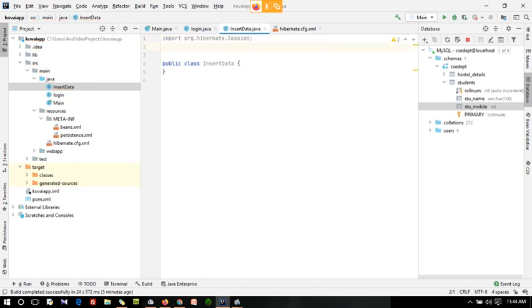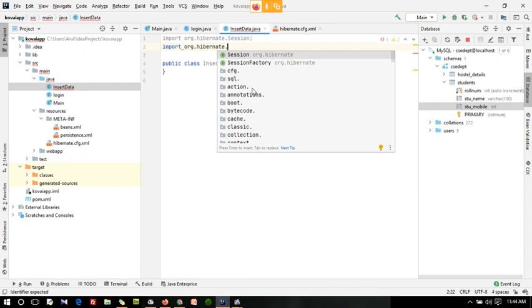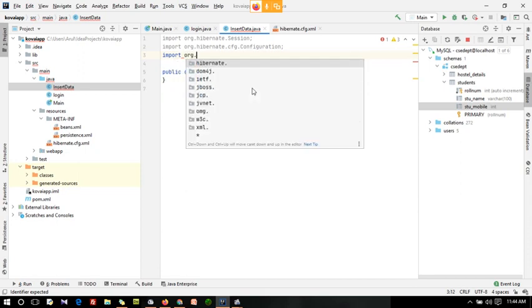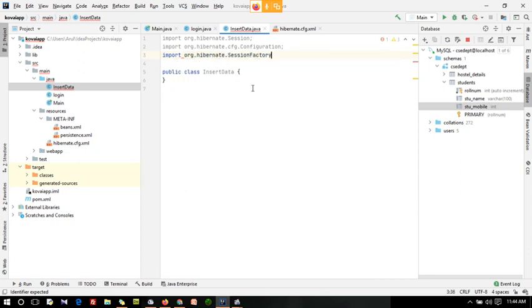Then I need a configuration, like org.hibernate.cfg.Configuration, and I need session factory. Just import org.hibernate.SessionFactory. These are all the things I am going to use inside this.